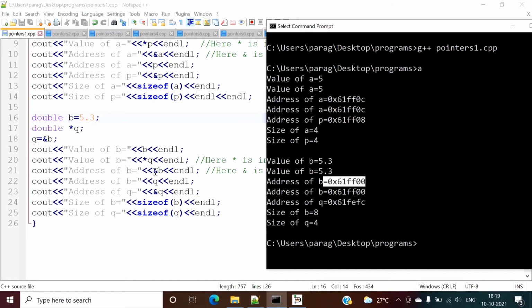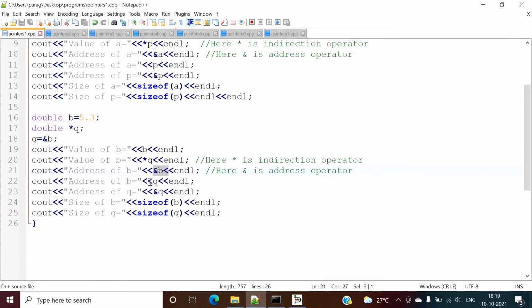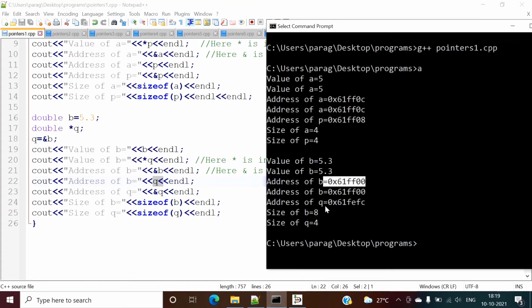So see, ampersand B is nothing but the address of B, and Q, because it's a pointer variable, in that pointer variable we have saved the address of B. So that's why here we got the address of B, that is the same thing. See, this value and this value are the same.